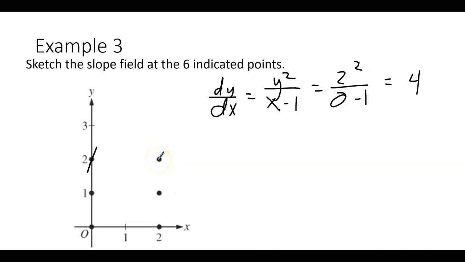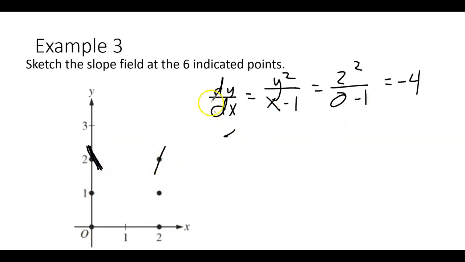This point here is the point 2, 2. If you plug in 2, 2, you're going to end up with 4 over 1 again, so it's going to look the same. It's going to be parallel to the other one. Next point I plug in is this one here, which is 0, 1. So if I plug in 0, 1, I'm going to end up with, oh, you know what I just realized? This first one here was supposed to be -4. So that means it's going to look the same as I had it, it's just going to be the opposite direction. It's going to be going like this. My bad, I screwed up on that first one. That one should be a negative slope, but the second one, this one's right. That one's a positive slope.